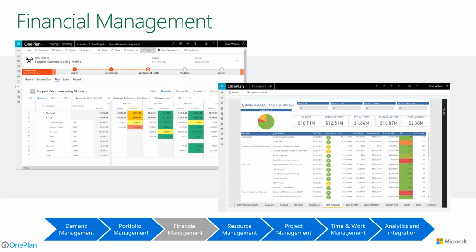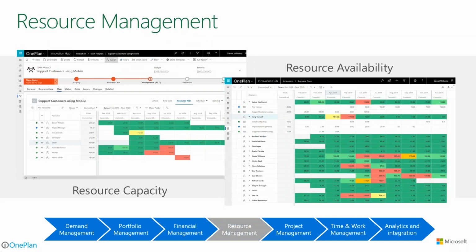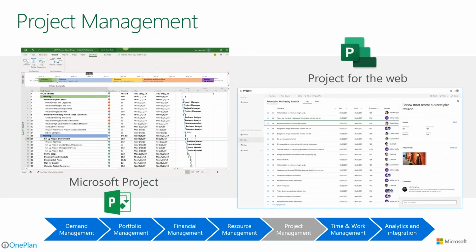Be able to do resource management and capacity planning and making sure that we have the ability to deliver within the constraints of the resources we have at hand or that we have availability to access. Overall project management. In this case, there's methods where Microsoft is helping people not only use the Project for the web, but also incorporate the more involved capabilities that are available to you in Project Professional, so that depending on the needs of the project manager or the work effort, we can use all the above to feed into these